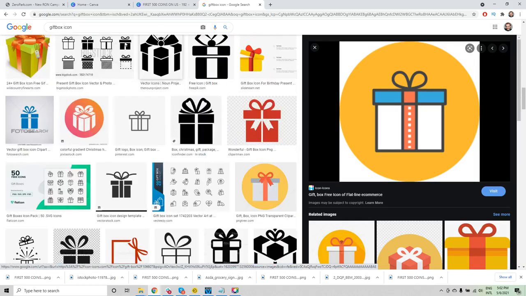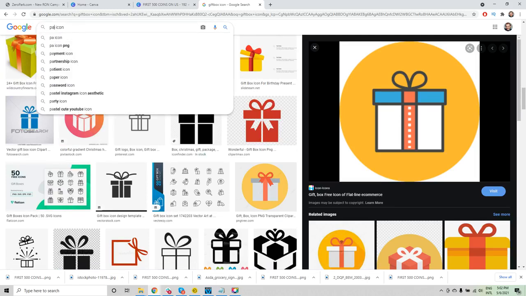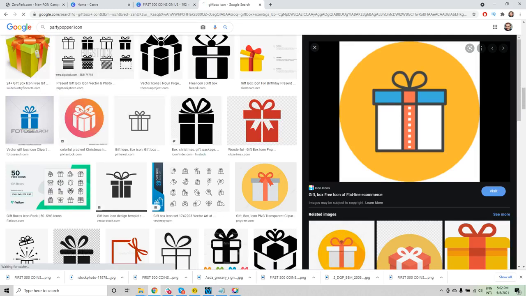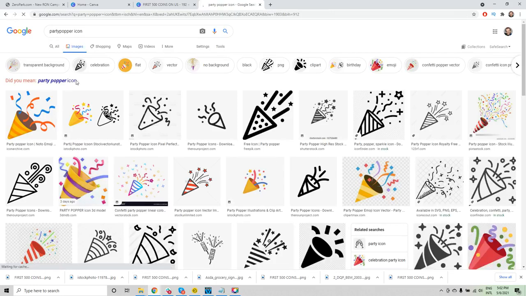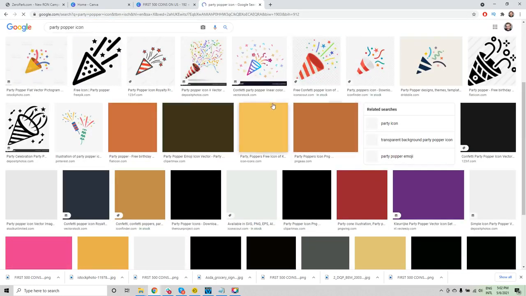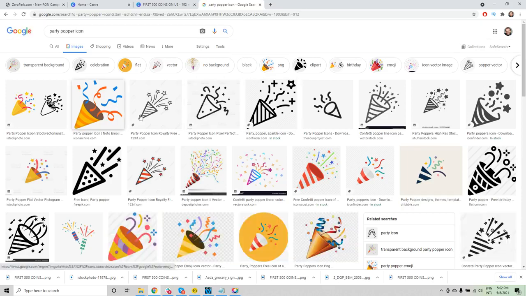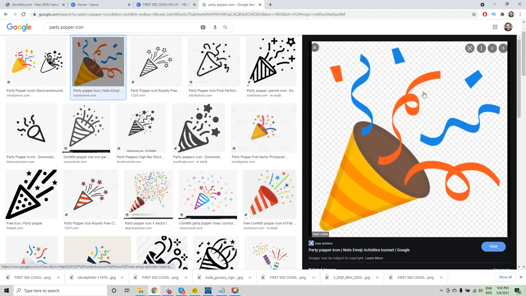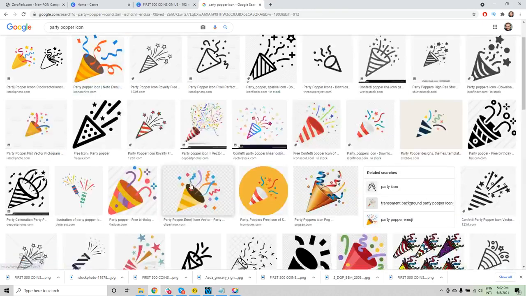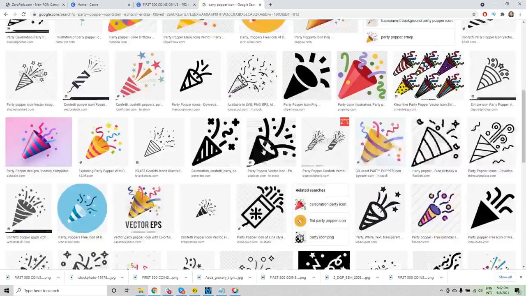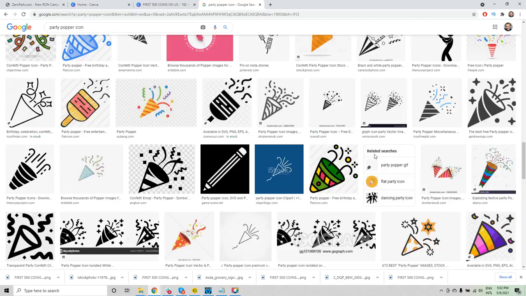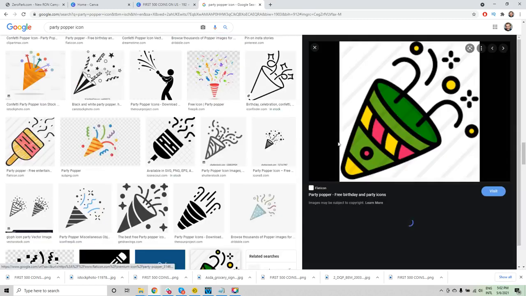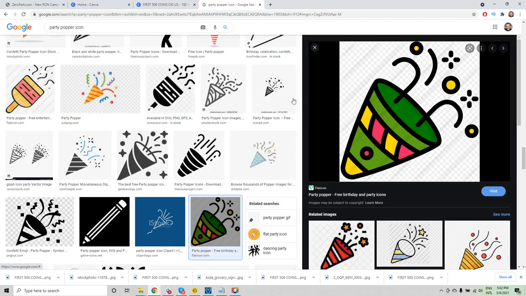Or, you know which ones are also awesome? Those party poppers. I guess, I don't know what to call them. Yeah, exactly, those. All right, perfect. So these are pretty good to use as well. This one is a little bit boring to me. And I wouldn't use those black and white ones. I want some color in them. But perhaps we can find a good one. This one, maybe worth a shot. Let's